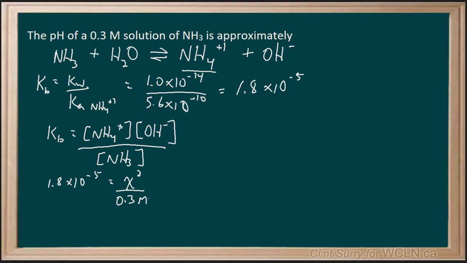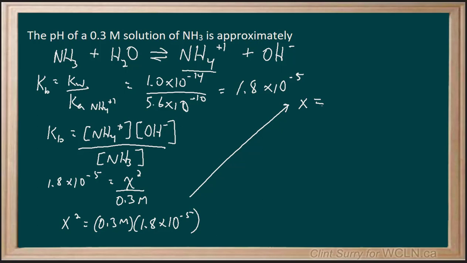With a little bit of rearranging, I end up with x squared is equal to 0.3 molar times 1.8 times 10 to the minus 5. I'm going to bring our solution up here, and we can solve for x by just multiplying and then square rooting our answer, and we're left with 0.00232 molar. And that would be the concentration of ammonium ion, but in this case we want the concentration of